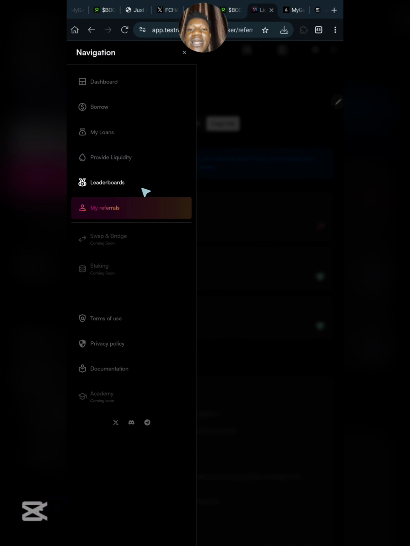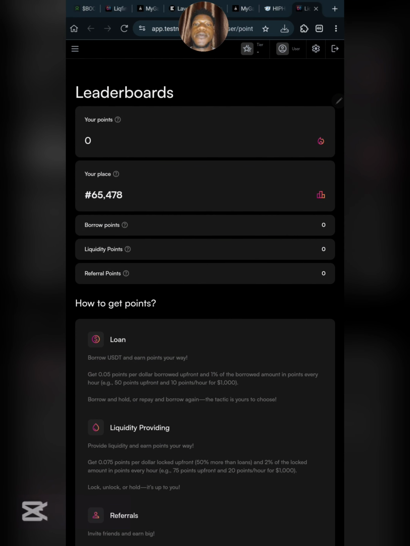So when you go to leaderboard right now, let's see if the balance has been updated. Okay, you can see that none of the points are reflecting here yet. I need you to understand that this is going to take time to reflect your points, as it is going to be updating every 24 hours. All right, so this is very simple, and this is all you need to know about the LiqFinity airdrop, guys. So make sure you participate in this airdrop, as we are expecting something very massive from them.